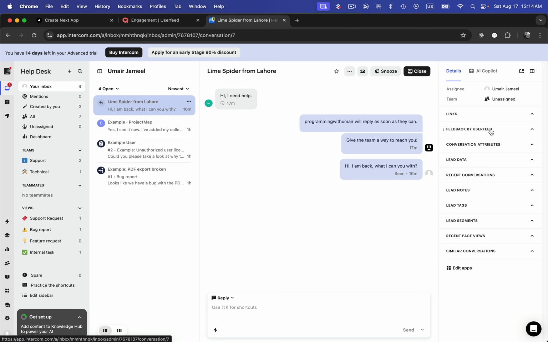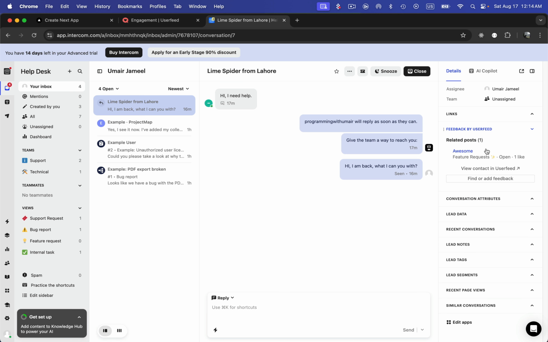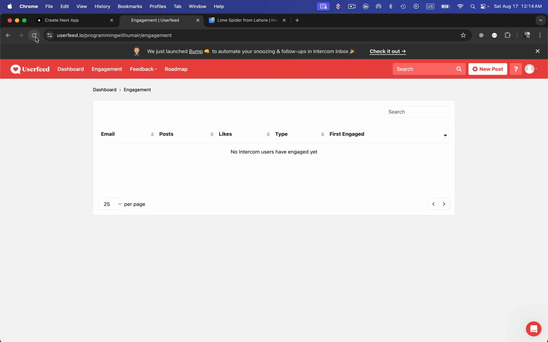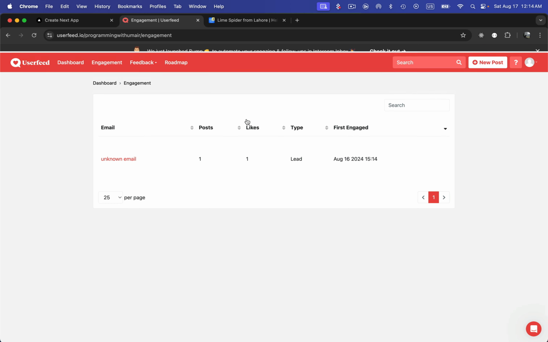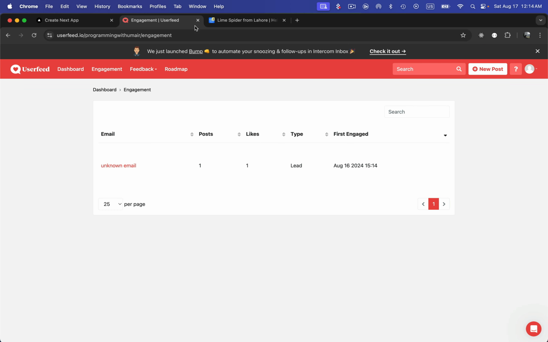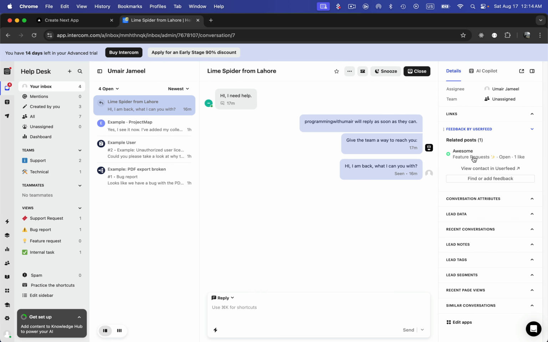Now if I click on feedback by UserFeed, here we can see that the particular feedback is visible, and it should be added over here as well in our userfeed.io. So here you can see that we have one post, one like, and this is how it is working. But we don't need to open up UserFeed. We can directly access it over here. After clicking on it, obviously it's going to navigate us to the userfeed.io website. But this is where we can keep ourselves updated on how these things are working, whether we have got a